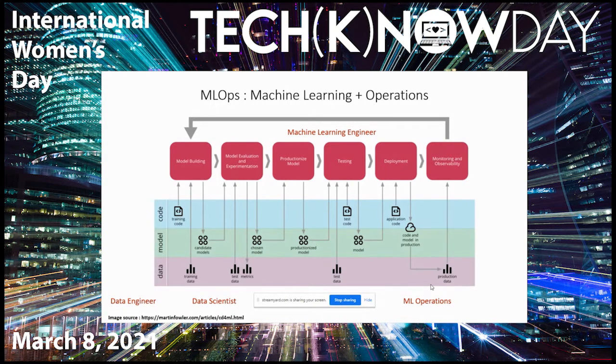So because of this reason, you will have to monitor the model in production, and if the performance goes below a certain threshold or based on business objective, you will have to do the entire pipeline again. So you will have to take the production data and use it for retraining the existing model. So this will basically update the current production model, and the same process repeats. So you will end up doing the same phases till you reach the final best model, which is ready for production. So this basically gives an overview of how MLOps works.